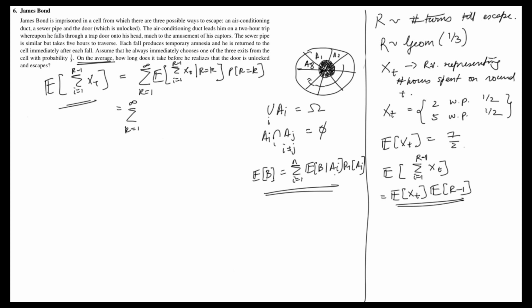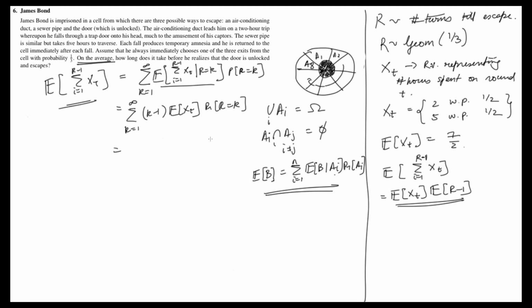So basically this entire part is just going to be k minus 1 times the expectation of X_i, right, because you're summing over i equal to 1 to R minus 1, and all the X_i's have exactly the same expectation. So by linearity of expectation, you break this up into k minus 1 different X_i's, and the given R is equal to k just vanishes because X_i is independent of the number of times James Bond tries again and again to escape, times the probability that R is equal to k.